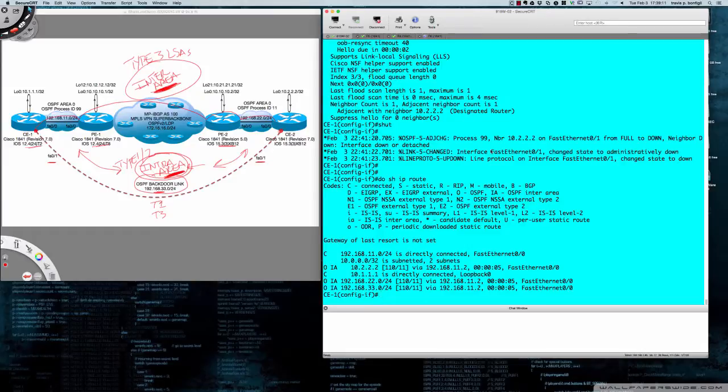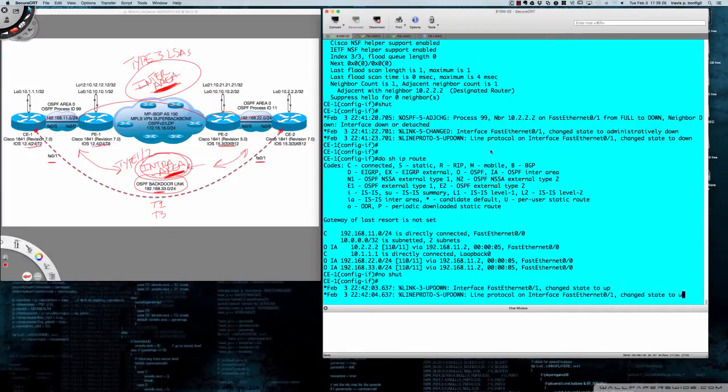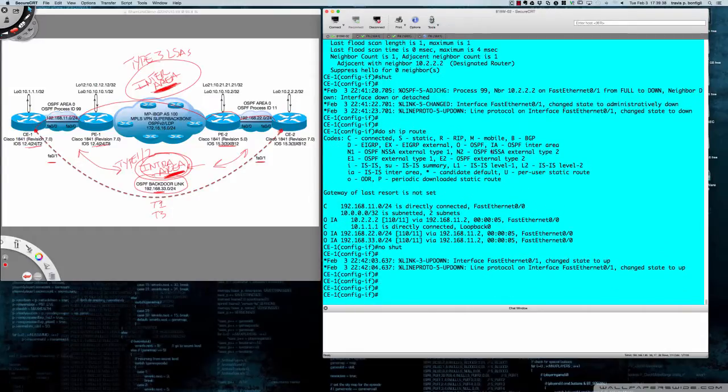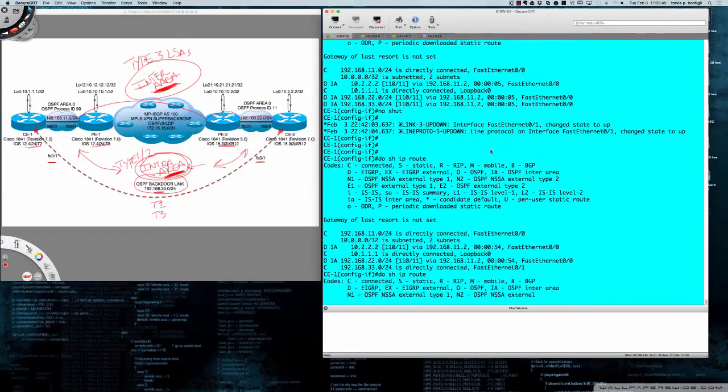So again, if this is your primary setup where you want to go across the MPLS Layer 3 VPN, the provider core, then when you bring the backdoor link up, because you want it to be automatic as well, you don't want to have to call a network engineer and say, hey, our link to the provider is down. What we need you to do is to get on to the customer edge router and bring up that backdoor interface. Now that could be your game plan, but chances are you would prefer, and you can see here, so we still see the